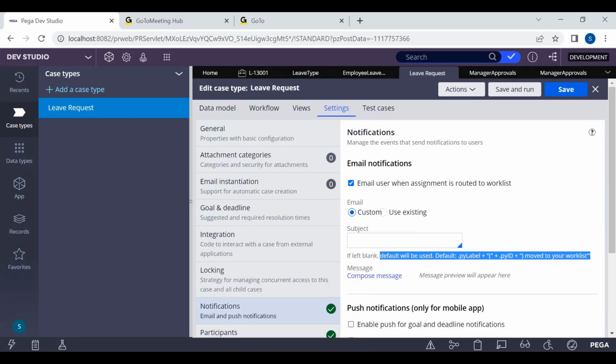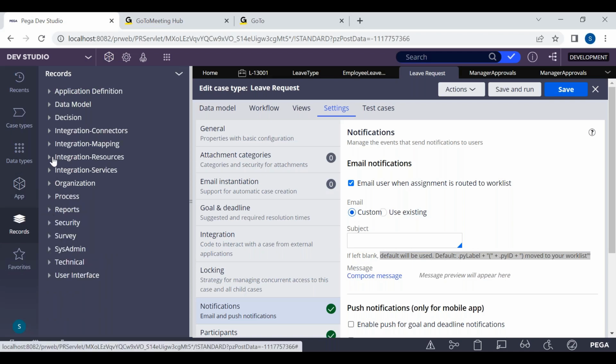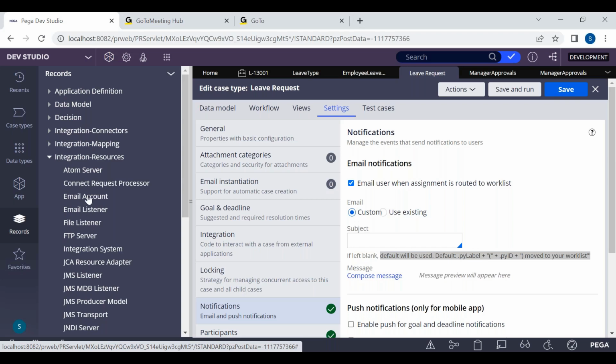By default, when Tago is sending an email using the out-of-the-box notification functionality, it will check whether we have an email account with the class group name. If it is not available, it will check for the email account with the name default. So we have an out-of-the-box email account called default. Let's look at that: integration resources, email account,